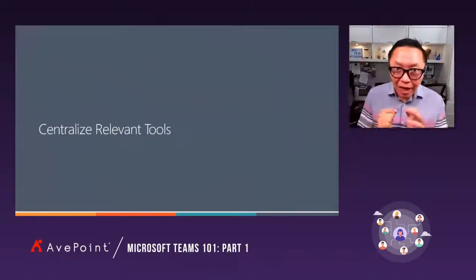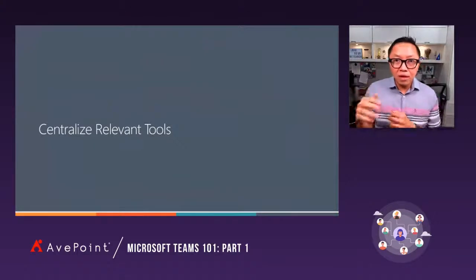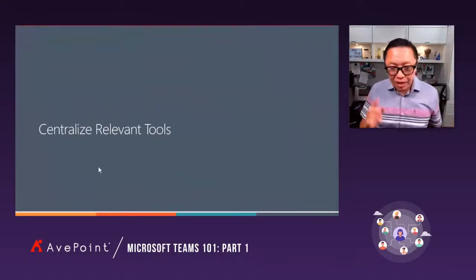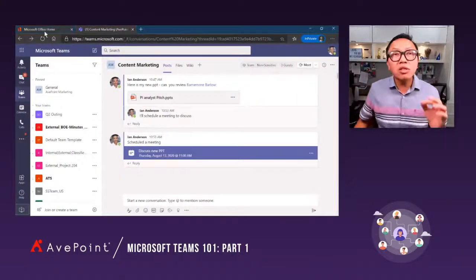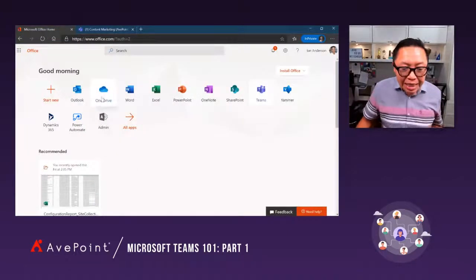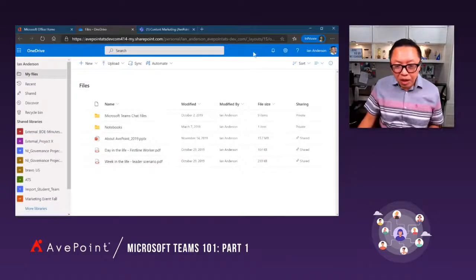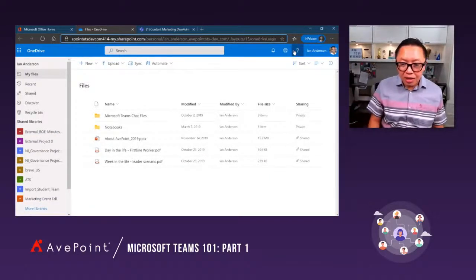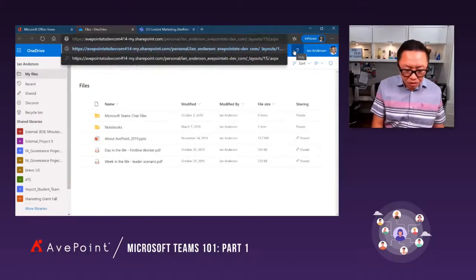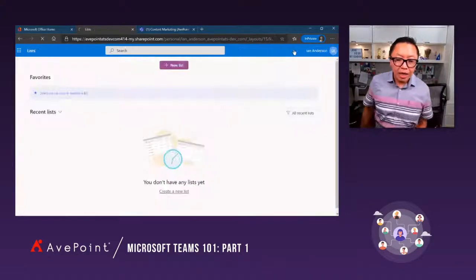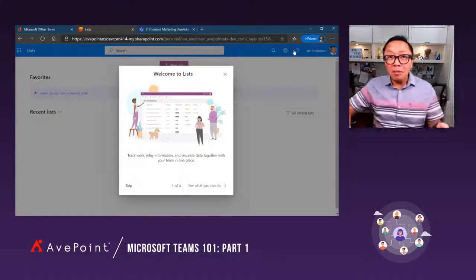Here's the trick. Here's the little hack. All you have to do is go to Office 365. In fact, let me show this to you. For those interested in a new app called List, if it's not showing up in your environment, go to OneDrive, and here's a little hack, friends, where it says OneDrive.aspx, just change it to List, and then voila, List will show up.